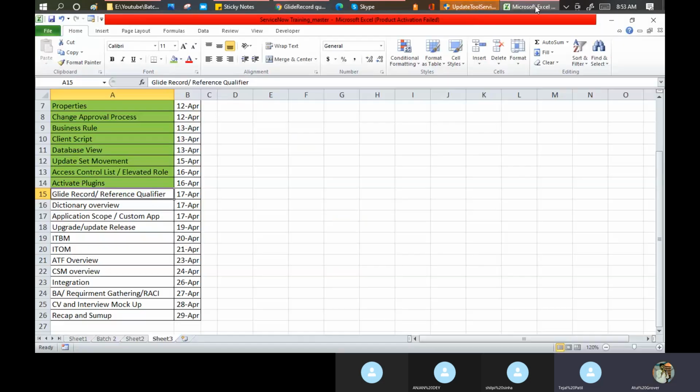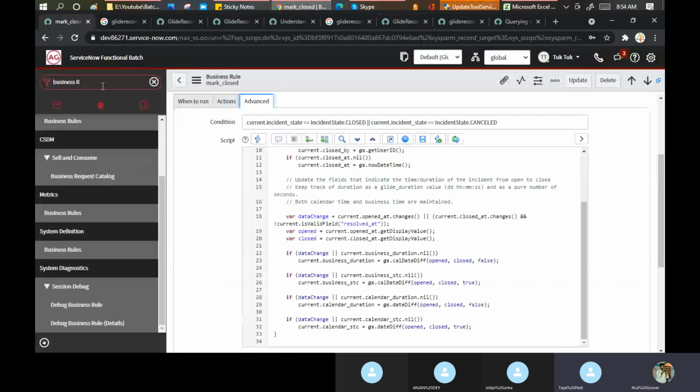Okay. So we have a concept called the glide record. Just one thing is over now, glide record. What do you mean by the term reference qualifier? Any idea? What is the reference data type in ServiceNow? सर वो कॉलर का रहता है ना, उसे हम रेफरेंस डेटा टाइप देते हैं. Exactly right.